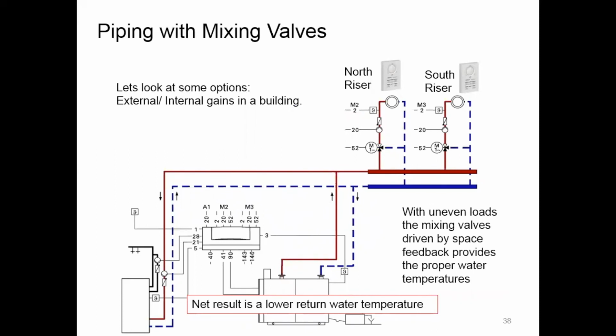South side of the building, it will see the impact of solar gain and external gain on that side of the building. So middle of winter, nice sunny day, north side of the building sees no external or internal gains. It runs off of the heating curve with no influence whatsoever. On the south side of the building, solar gain starts to occur, particularly if the building has a lot of glass area. That sensor in the building starts to see the room temperature or the space temperature starting to go up. It now influences the heating curve to drive the water temperatures down. And as I drive the south riser temperature down, I'm driving the mixed water temperature down, helping with the efficiency